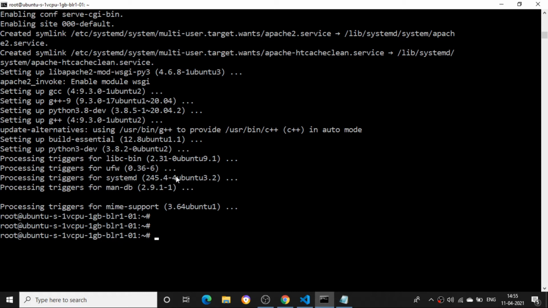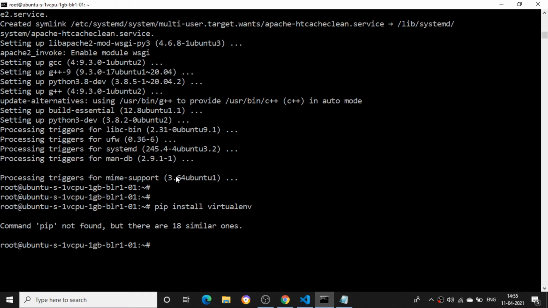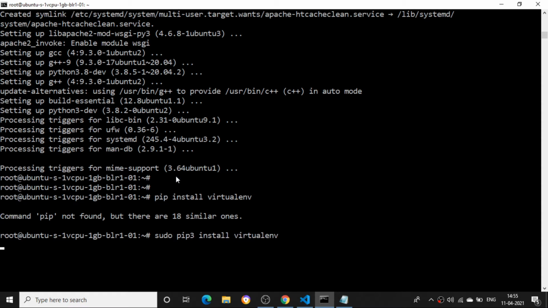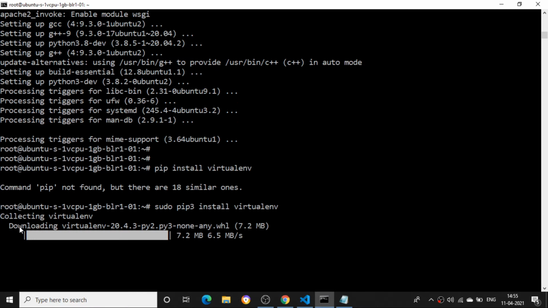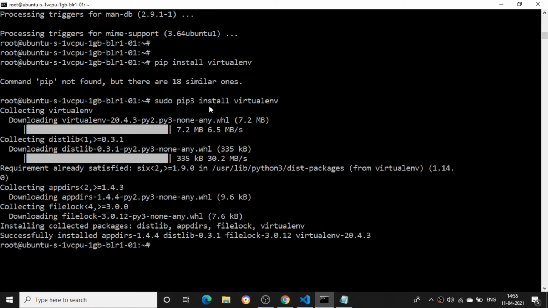So now what I need to do here is install the virtual environment first. I will activate the project as a virtual env. So I'll just download this one. I need to use the command pip3 for Python 3. So I'll say pip3 install virtualenv. Then I'll use that with sudo. Sudo means the super user, so the super user is installing all this. Sudo pip3 install virtualenv. So all the things are installed.